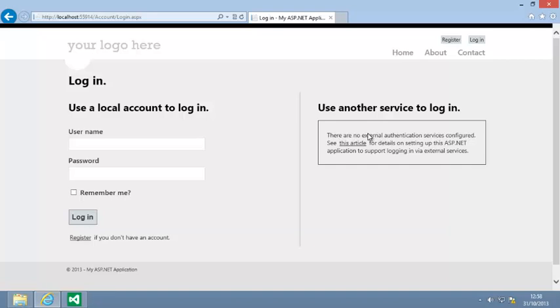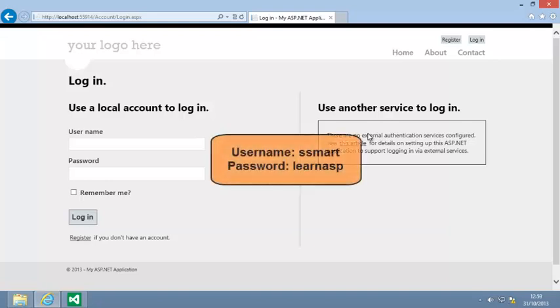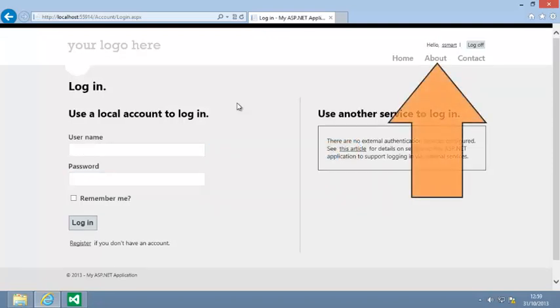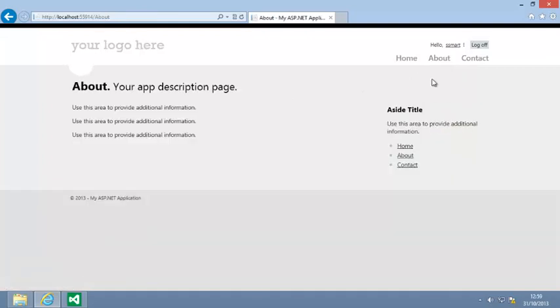Log in again as the user that you assigned to the normal user role in lesson 9.10. If you are not working through the course sequentially, this will be username smart, password learnasp. Now click About, and this time you are able to access the page because you are a logged-in user that has the normal user role. Log out again by clicking Log Off,